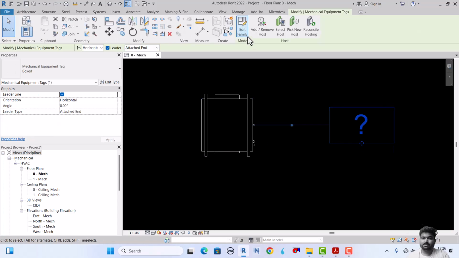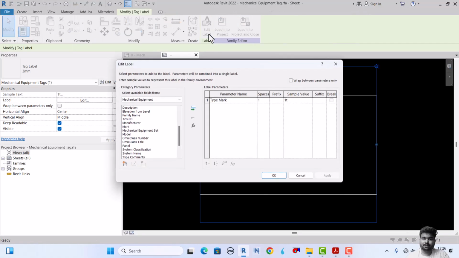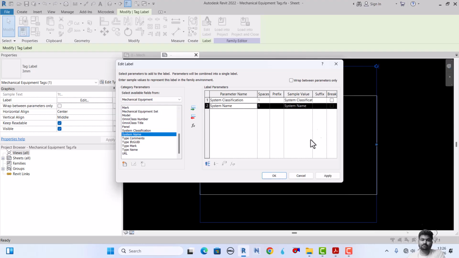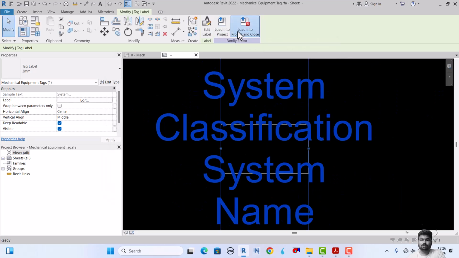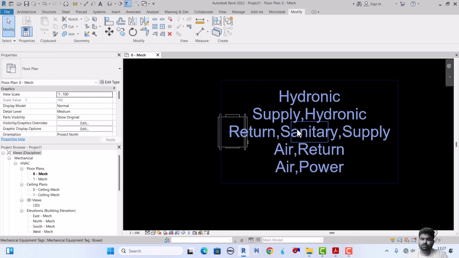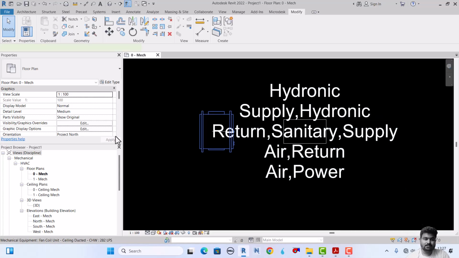So this is the tag, edit family and edit label. What was system classification? See, inside the label system classification is already shown here. And system name we can add, and load into the project. Now see, it is showing here. Leave it, how to resize this one, but what I want to show is that what is grayed out here